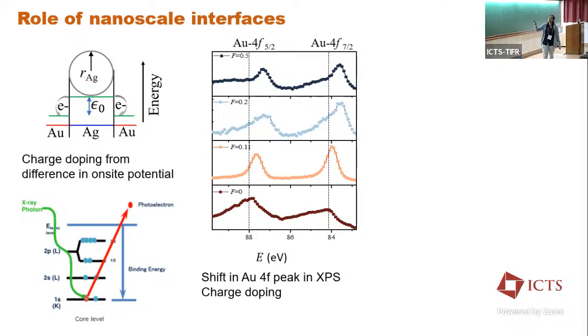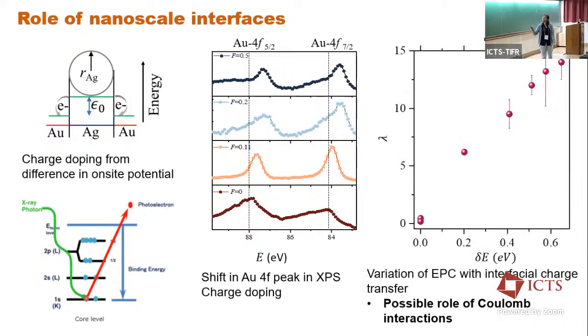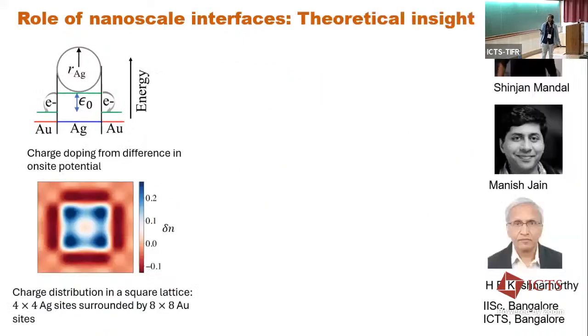And via XPS measurements, we have actually probed this charge transfer. And what we see is that lambda varies monotonically with the amount of charge transfer, that is, the amount of charge created at the interface. To understand this, there have been some theoretical calculations by Shenjon and Manish and HRK, who have shown that